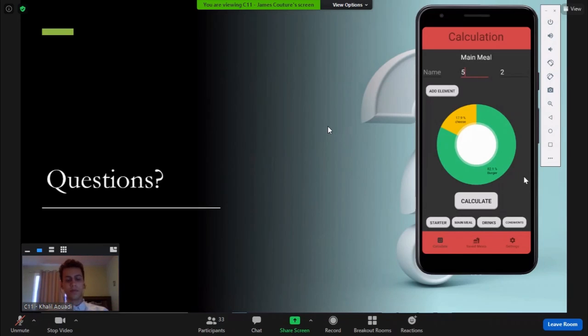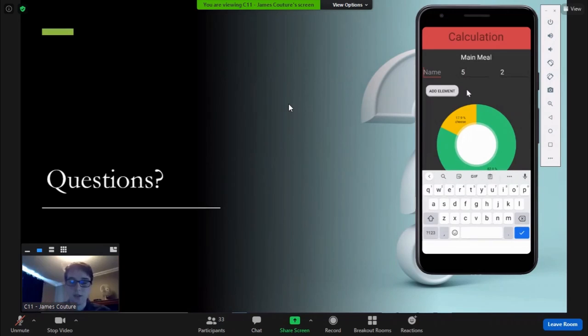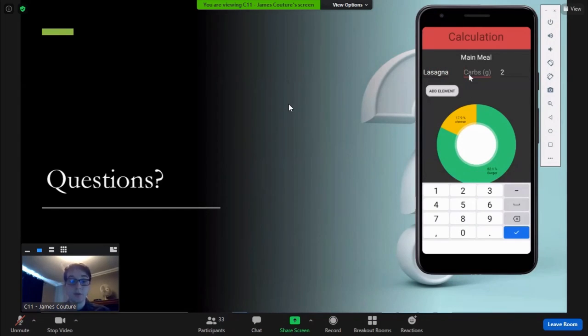For now, it's all local. It looks like the program is static. Am I right to say that means whatever number that you throw in, it will always come out with the same answer? No, I can add in anything here. So I can say lasagna here. And then if I say something ridiculous, just to show that it's very different, I can add this here,